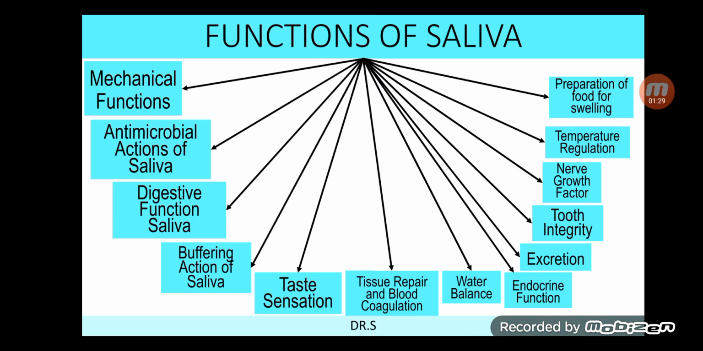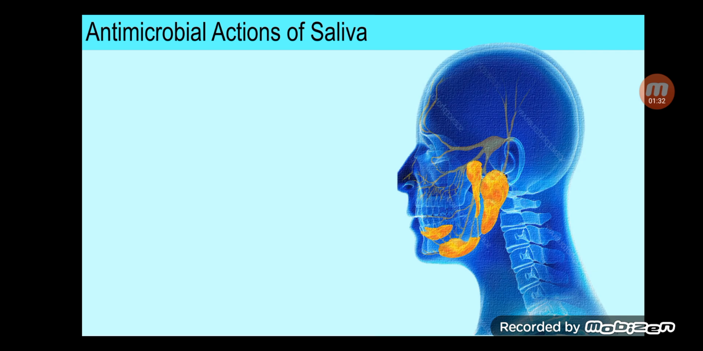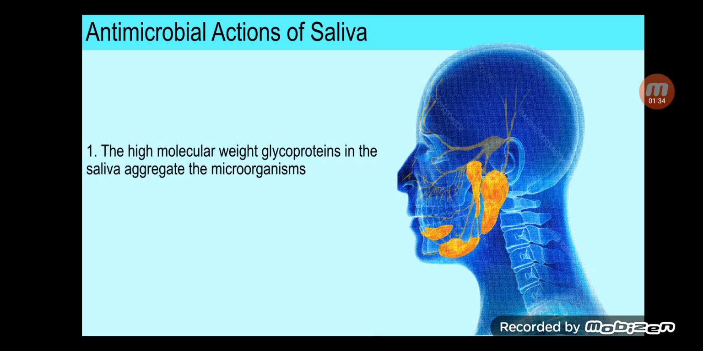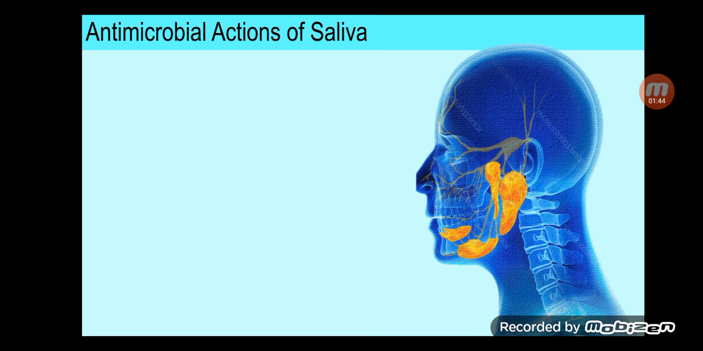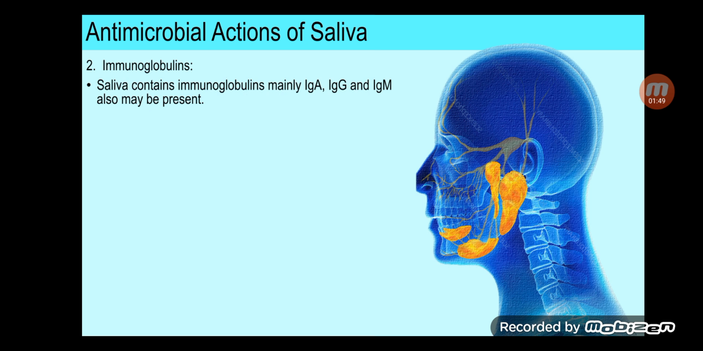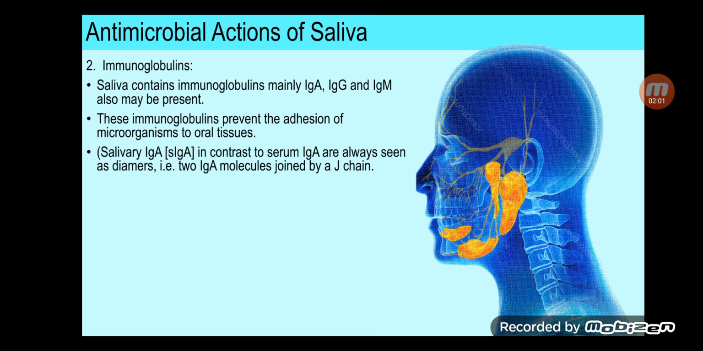And then the next function of saliva is the antimicrobial actions of saliva. That is, the high molecular weight glycoproteins in the saliva aggregate the microorganisms and therefore help in rapid clearance from the oral cavity, thereby preventing their adhesion to the oral tissue. Another antimicrobial action of saliva is by immunoglobulins. Saliva contains immunoglobulins, mainly immunoglobulin A, G, M. These immunoglobulins prevent the adhesion of microorganisms to oral tissue, and there's also another immunoglobulin that is called salivary immunoglobulin